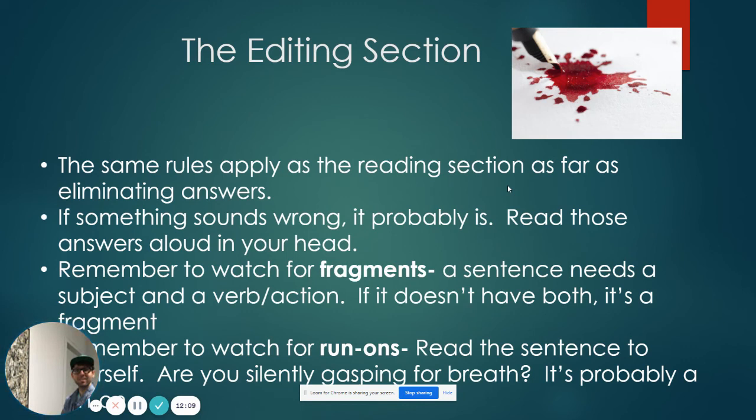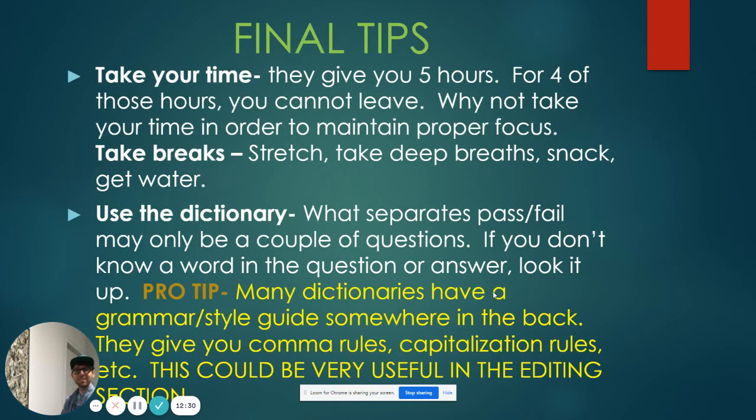You can't combine two sentences with just a comma. So if you have a subject and a verb on one side and a subject and verb on the other side, and you're just combining those with a comma, that's not right. You have to use a comma with a FANBOYS conjunction. Watch out for sentences that are too long. It could be indicating run-ons.